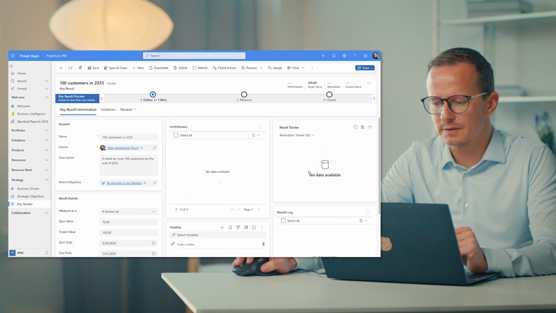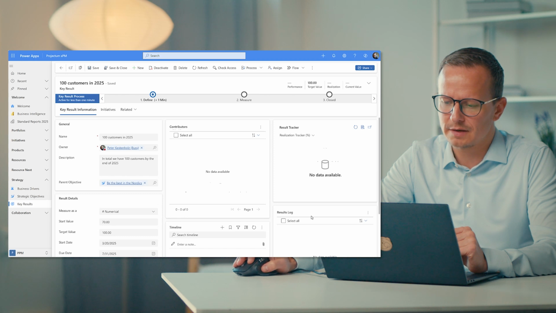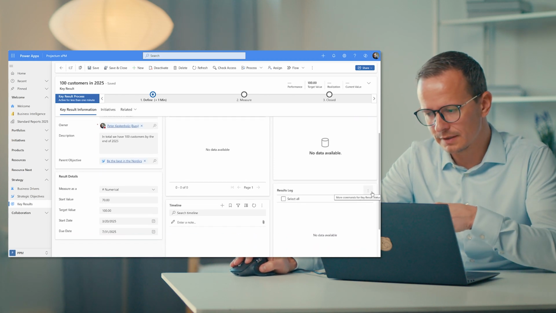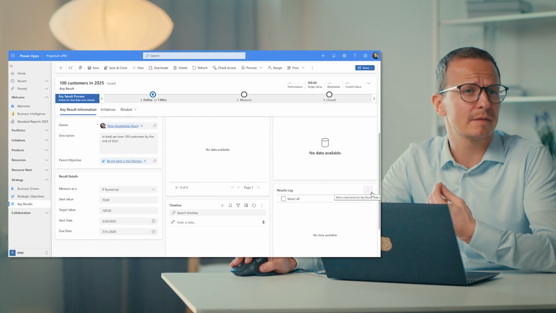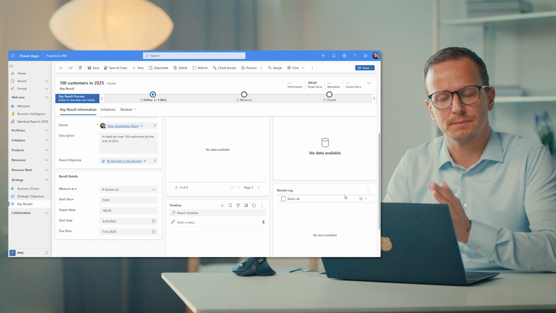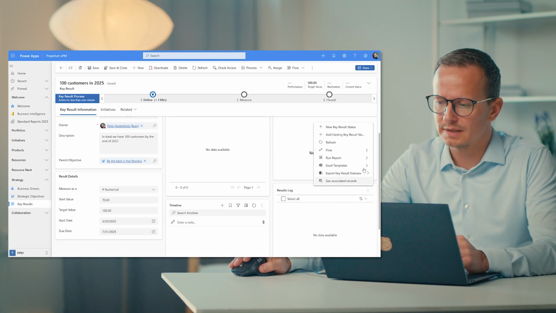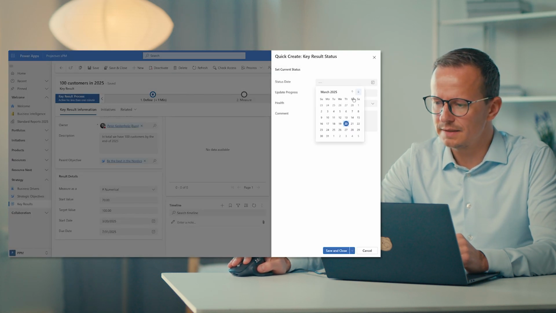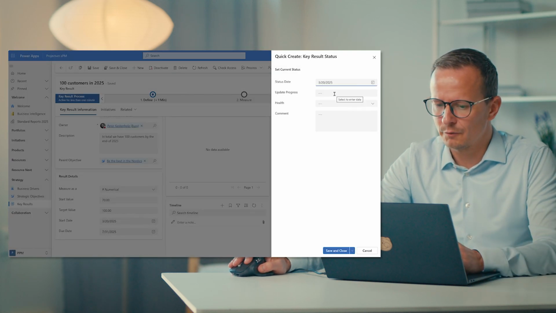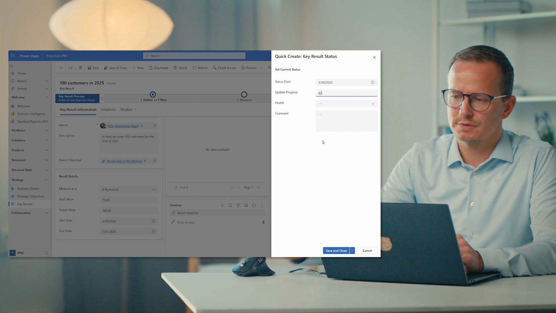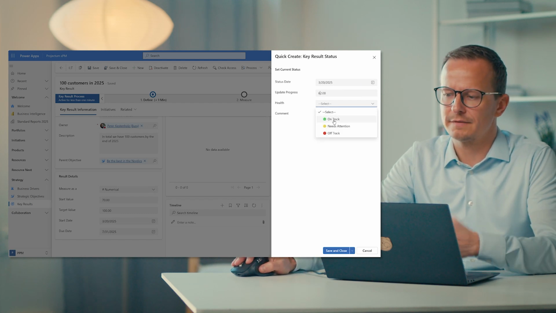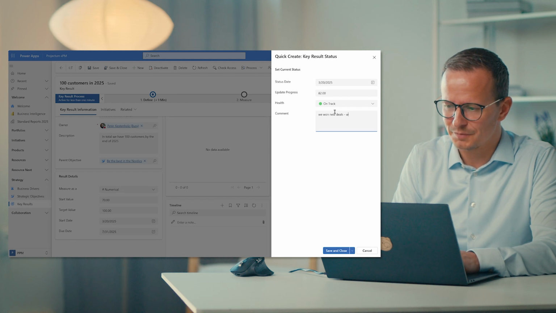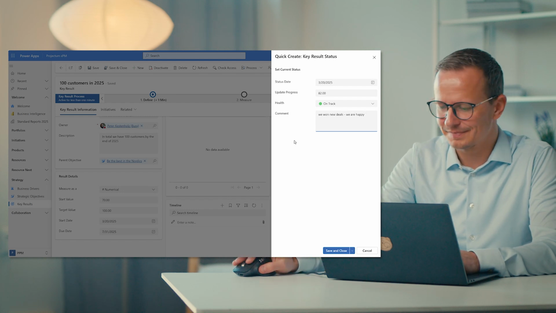And on the right-hand side, we then have a chart up here and down here, the results log. In the lower right corner here is where you will go in continuously, maybe bi-weekly, maybe monthly, and check in where you are right now. So if I go in and click on this one and hit the new button, I can then say that today, on the 20th of March, we right now have 82 customers as a whole, and things are going great. We won new deals. We are happy, or whatever is the comment. I save it,